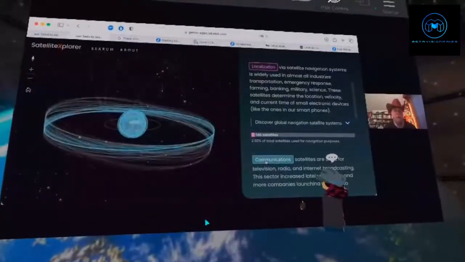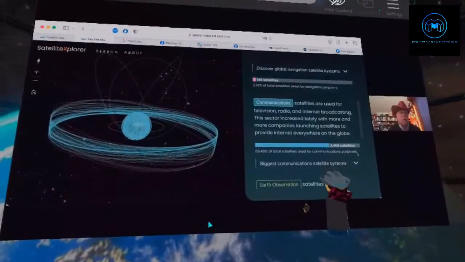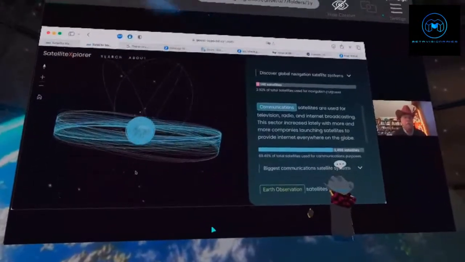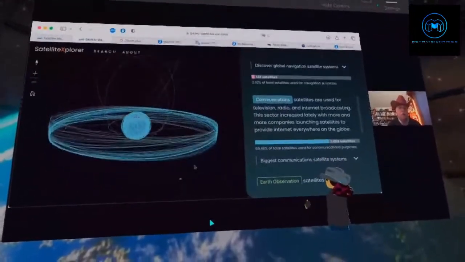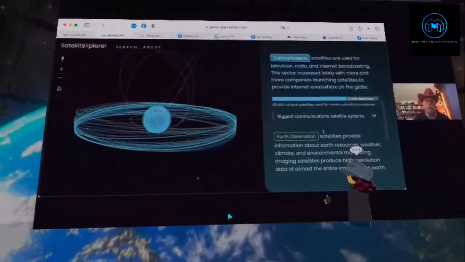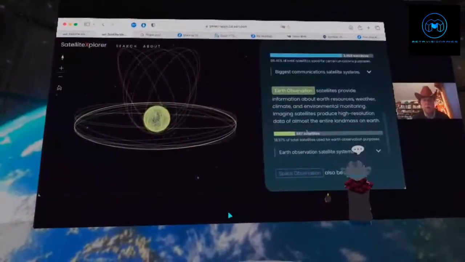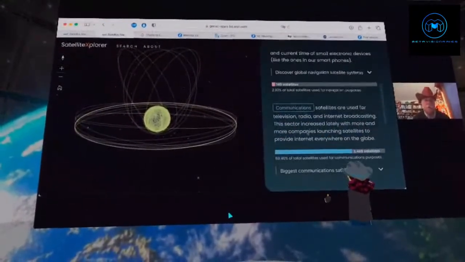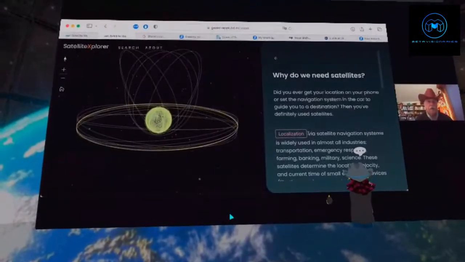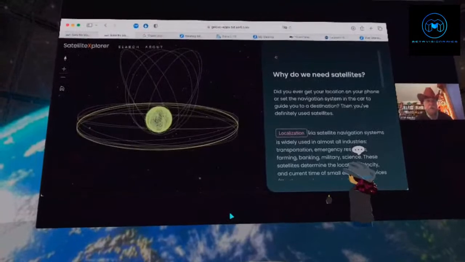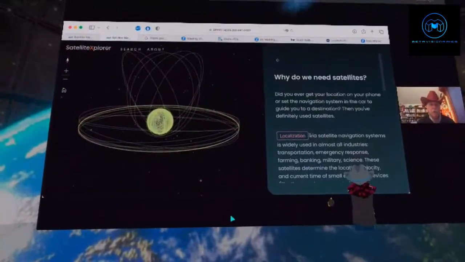If I click here, now it's going to show us all the telecommunications satellites that we have. You can see many of them live out in that magic geostationary arc where the satellites all stay in the same place. And we can also look at all the Earth observation satellites. So in my next lectures, I'm going to go in here each lecture and talk about the specifics of the different kinds of satellites, their orbits, and what they do.